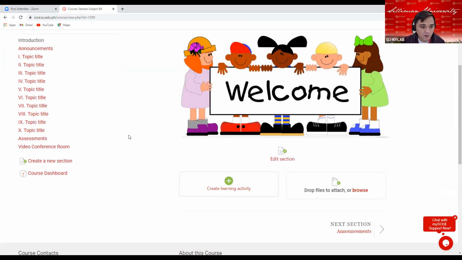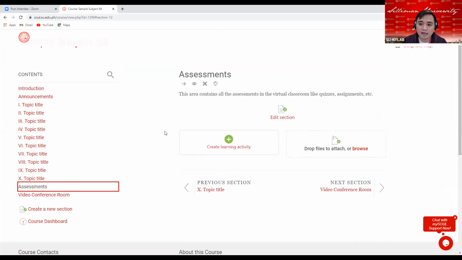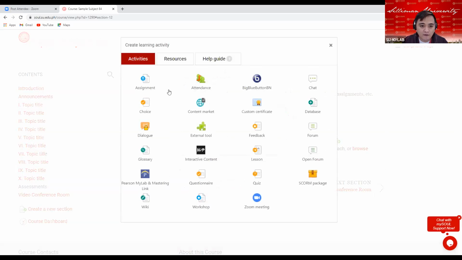So for instance, I will click the assessments. This is formative assessments. So kindly properly label it as formative assessments. So for instance, I will create an activity. So I will click the create learning activity. And then for instance, I will just simply use the assignment activity. So I will click the assignment,